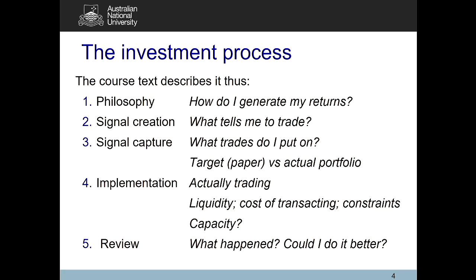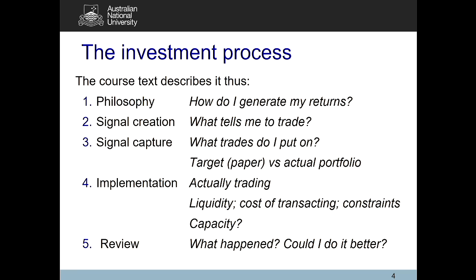For example, let's say that my signal works really well. And had I been able to invest in my paper portfolio, my alpha would have been huge. My actual alpha was positive, but not as big as it could have been. And the reason is that there is some kind of constraint in the market that is meaning that my paper portfolio can't be turned into a reality. Maybe I didn't recognise that though, and so I ended up investing in stocks that were more illiquid than I really should have been given the size of my fund. So the reason I didn't do that well is that I actually moved the market price myself and got rid